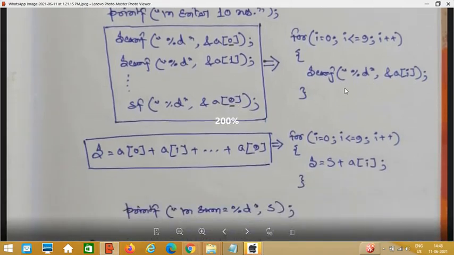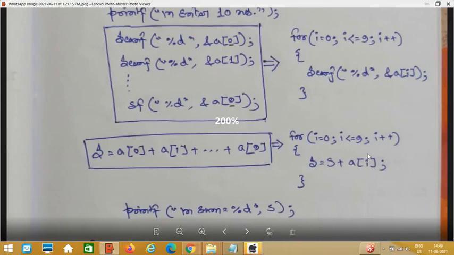ओके, सिमिलरली जब हम लोग वहां पे s is equal to a0 से लेके a9 तक लिख रहे थे, वहां पे भी हम लोग लूप लगा सकते हैं। लूप लगा के एंटायर एरे को एक्सेस कर सकते हैं। कैसे लिखेंगे? for i equal to 0, i less than equals to 9, i plus plus, then within the loop s is equals to s plus a[i] लिखेंगे तो क्या होगा, a0 से लेके a9 तक सारा वैल्यू यहाँ पे मुझे ऑब्टेन हो जाएगा